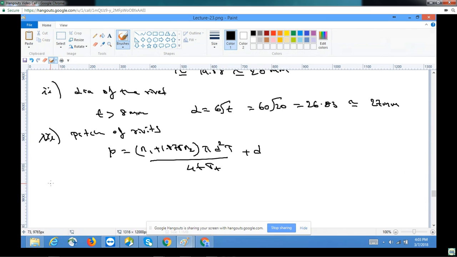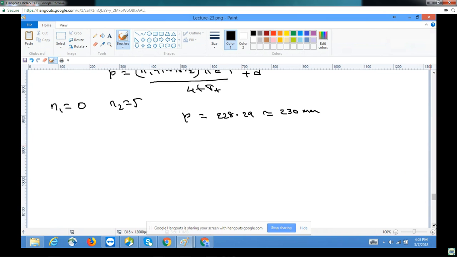Let us assume our single shear is 0 and double shear is n, in which case we will get our pitch as 228.29, which can be approximated to 230 mm,